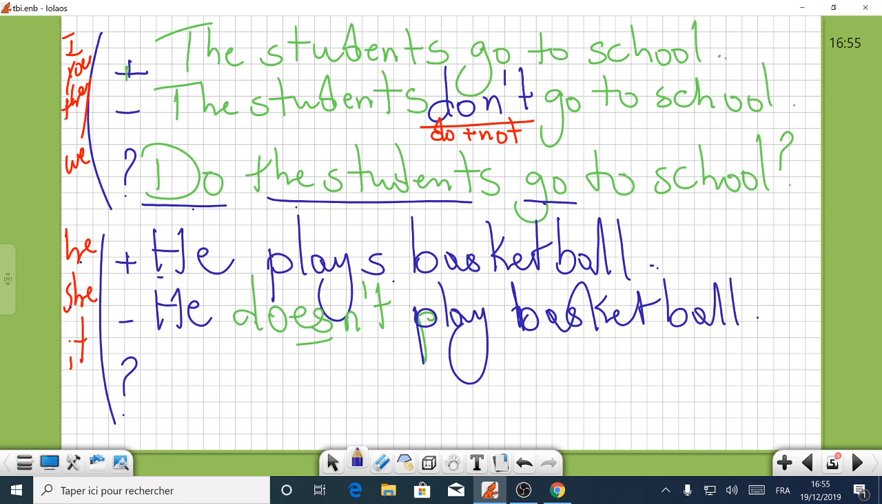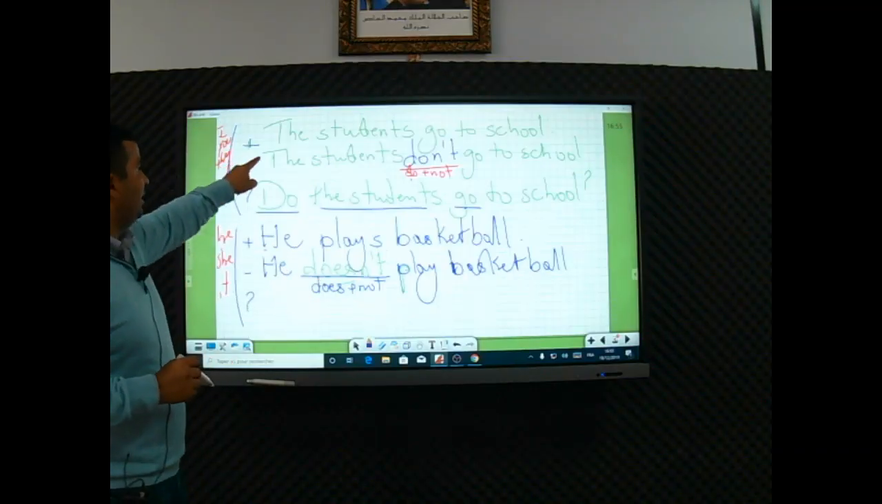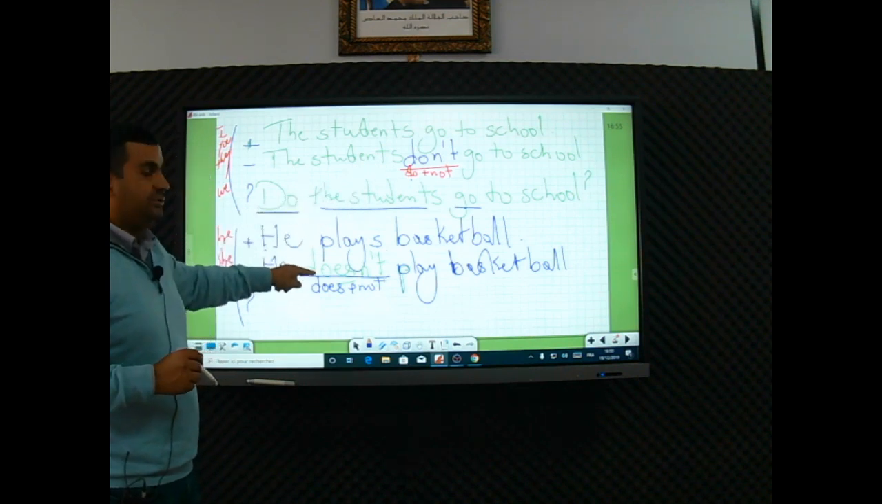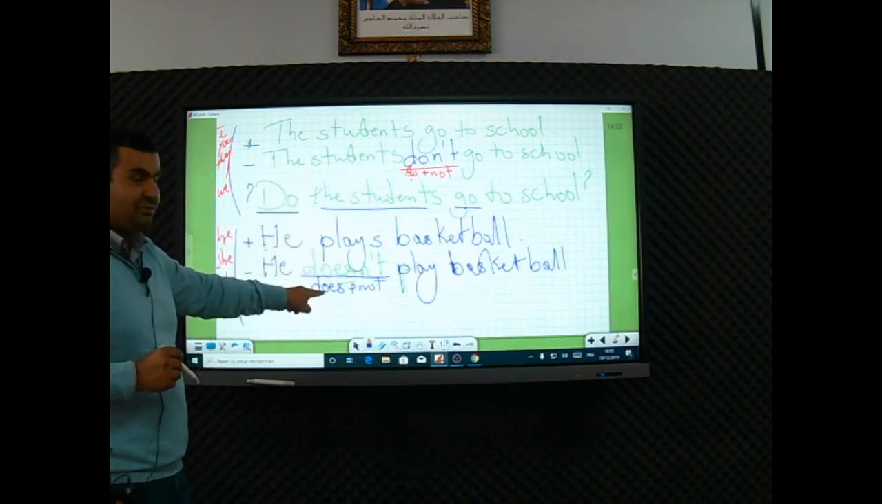He doesn't play basketball. As you can see, here we have do, and here we have does. And does is like do or does plus not. So what is the difference between the first category and the second category? Here we have do and here we have does. Why? Because here we have just the verb, and here we have verb plus es, because we have do, and